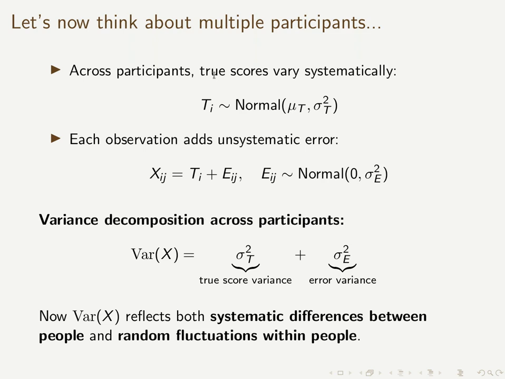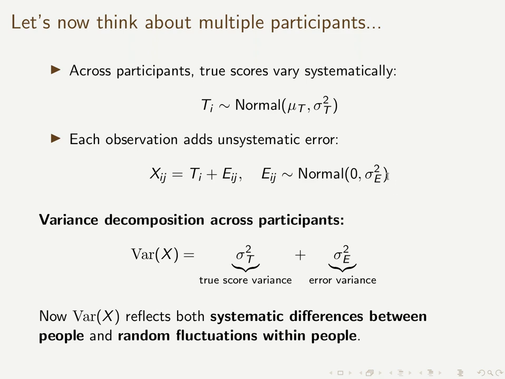So across participants, true scores vary systematically, and each observation adds unsystematic error. And we keep our same assumption as before: the error term, because it's totally random, is totally independent from the true score. Each error term is modeled as a sample from a normal distribution centered at 0